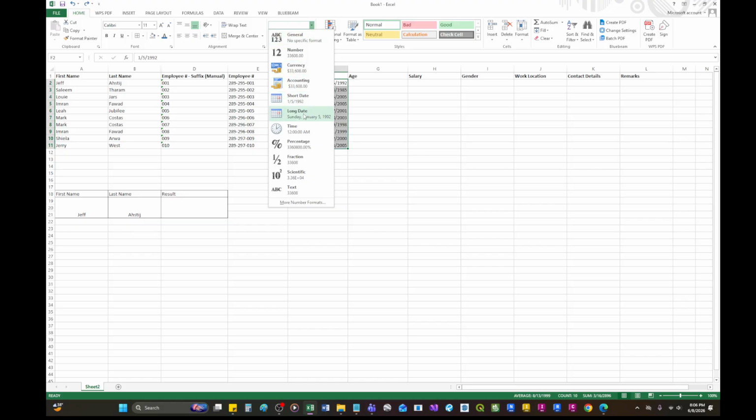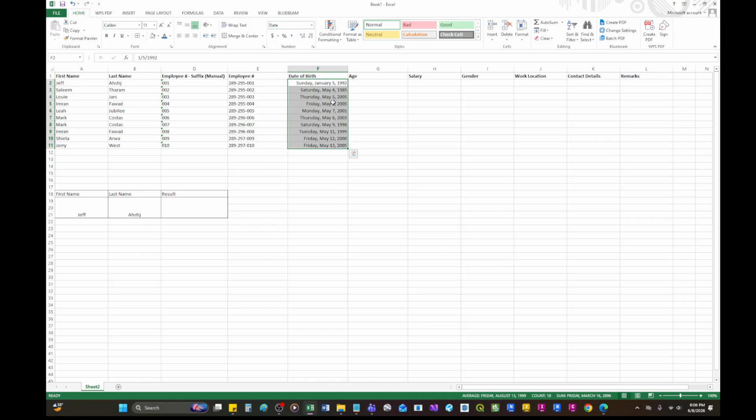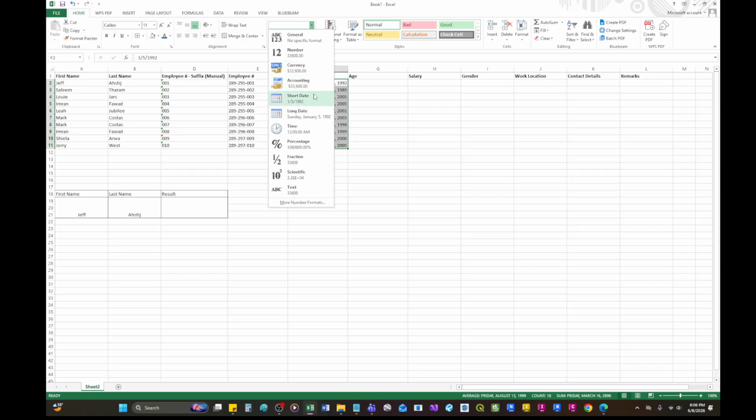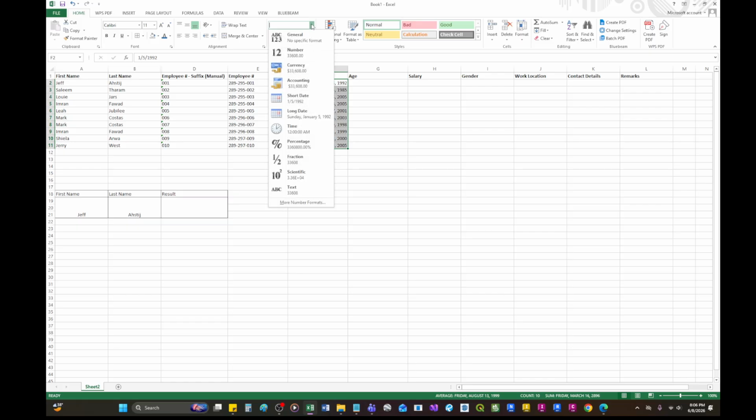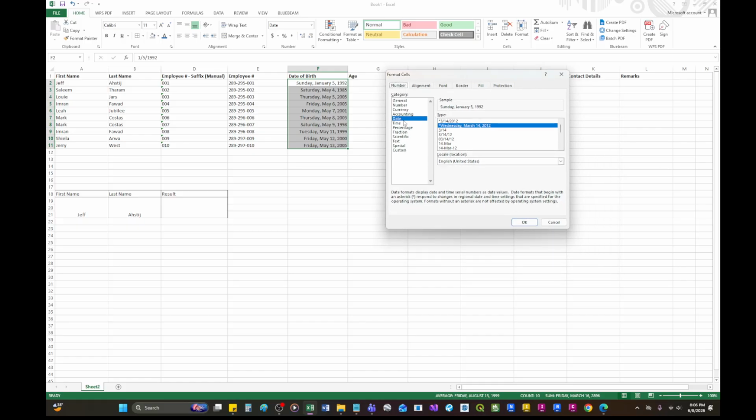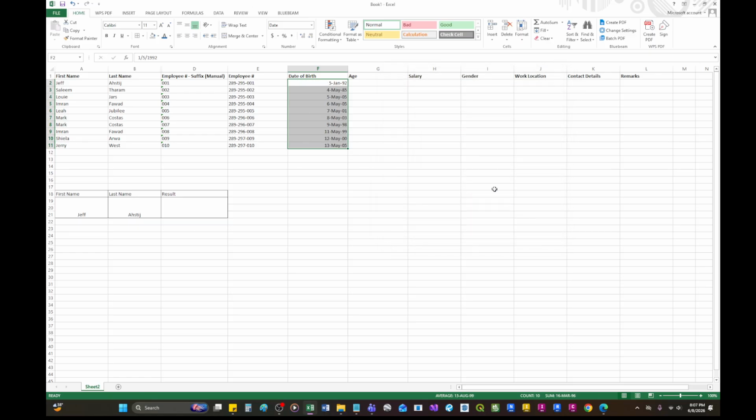If you would like it to be longer so that you will get the actual names, so that you will not be confused whether it is January 5 or March 1, you can choose this option, long date. Or if this is too long for you, you can drag this down, go to more number formats, then date, and then you can select a format that you would like. For me, I prefer this one. This is short, but it is not confusing. So you would like to have this one example.